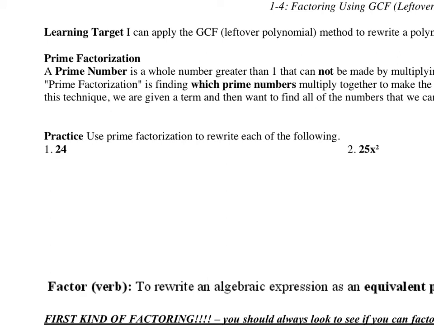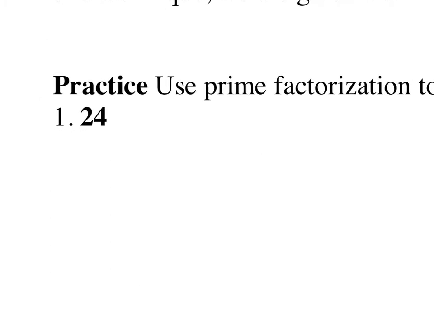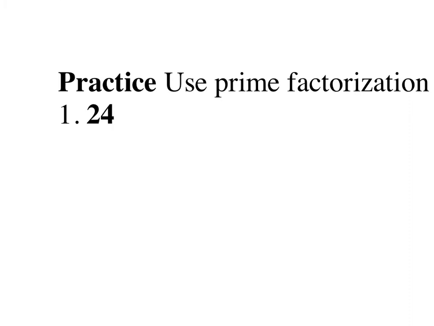So for the first two examples, we want to use prime factorization to rewrite each of the following. So for our first example, we have the number 24. The first thing we have to ask ourselves is, what two numbers multiply to 24? Do you happen to know one? Because I know a few. And what I'm going to do is, I'm going to do 2 times 12. And what's nice is you could also do 3 times 8 or 4 times 6, and you'll still get the